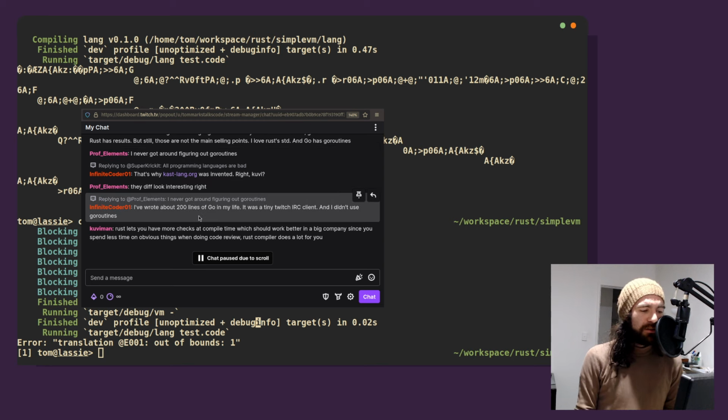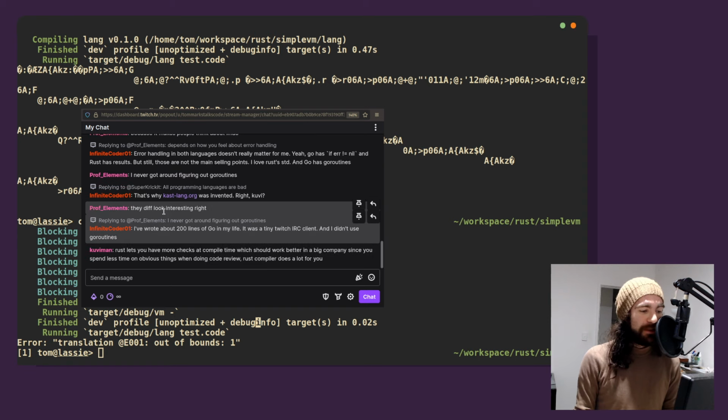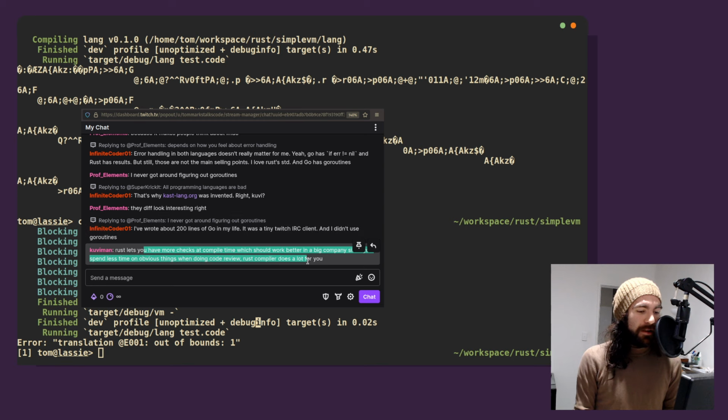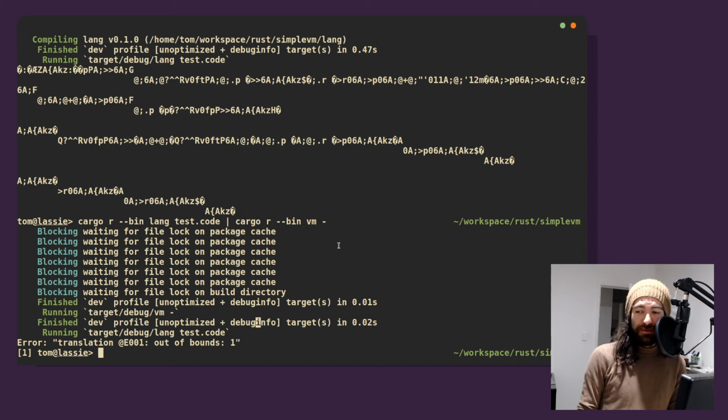Again, I think the time to reach for Go is if you're looking for a big corporate job. I think that's where it really shines. Rust has more checks at compile time. This is true, but it also depends on the company and who you're working with. The best thing about collaboration in Go, in my opinion, is that it's a really simple language. Anyone can learn Go in pretty much an afternoon and write good Go code. Rust, you need to be working with good Rust developers so that they can write good Rust code. As someone who's not worked in a professional Rust environment, that's my take.